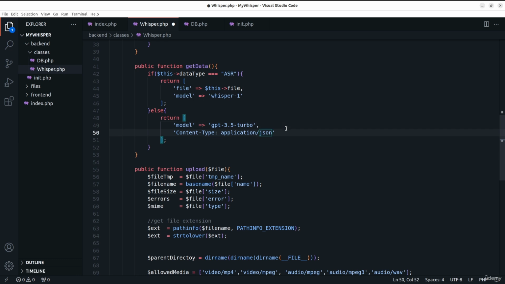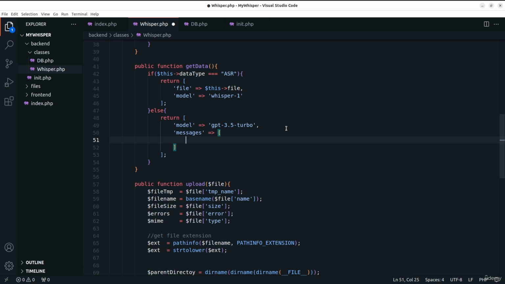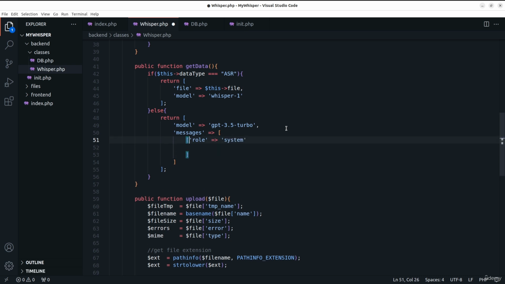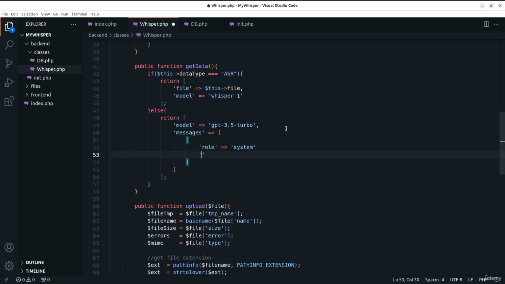And this will be messages, and this will be an array, and inside here will be the messages, the role we want to give to the AI to follow. So here we'll say role will be system, and we can actually make it readable, and we can say the content